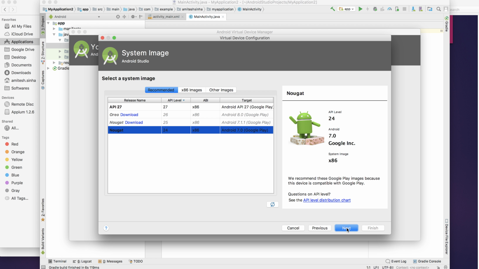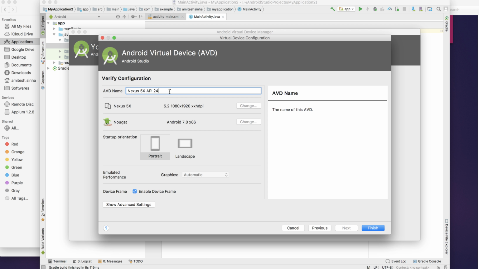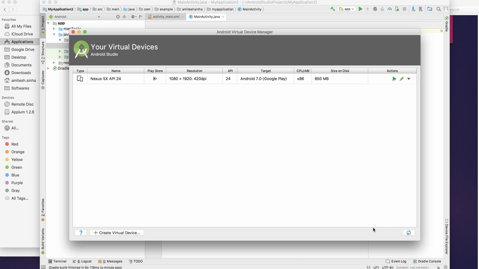So from here I go next, give it a name. By default it chooses something. You can always give a name you want. I'll just leave it as default. Finish. So it already has created an emulator. To run this, click on this play button, and